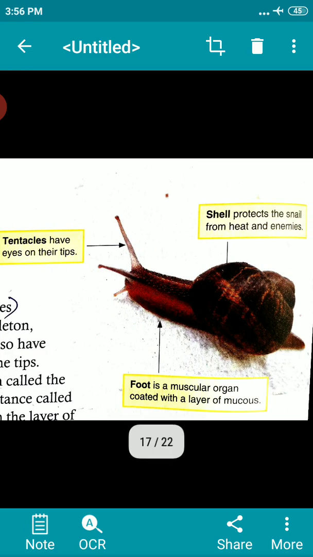The next one is the snail. A snail has a rounded structure on its back called the shell. You must have seen in our school campus in the monsoon season, you can see many snails. You must have observed how they move. It is the outer skeleton of the snail but is not made of bones. It helps to protect the snail.